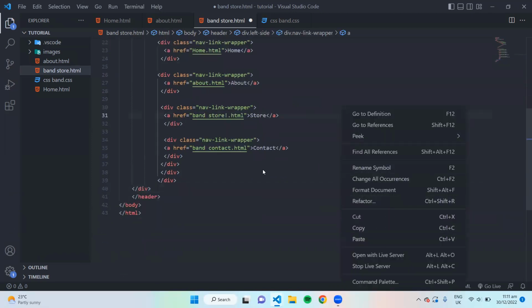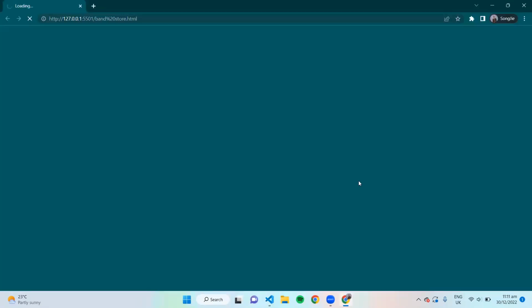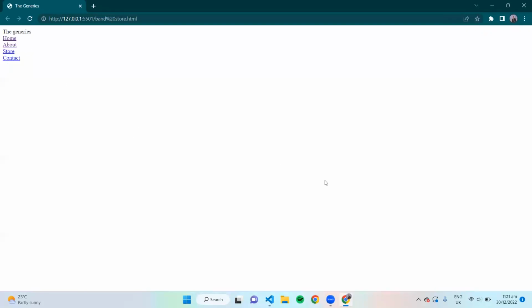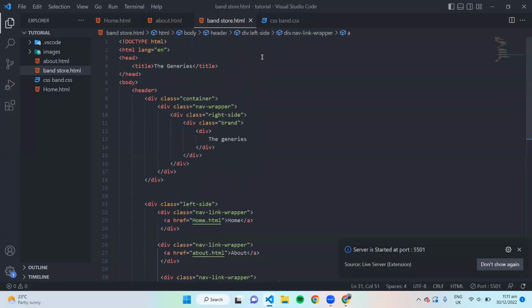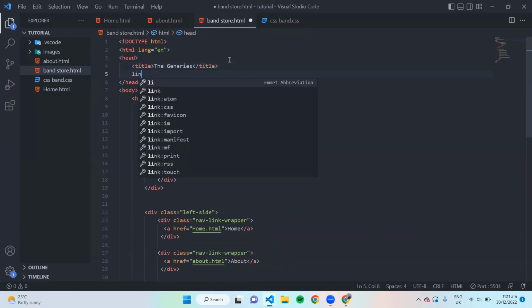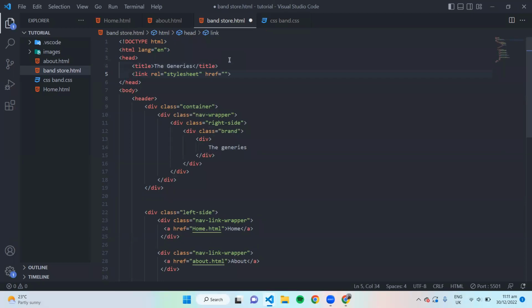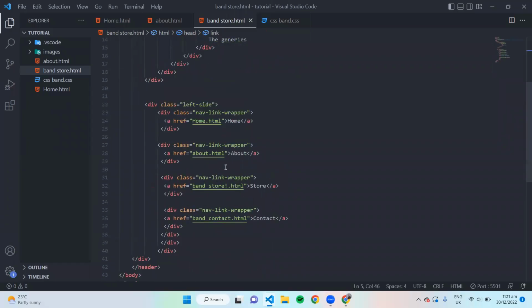Now let's go save this, open with live server, and then you will have this. But in order to make the bar, you will need to go up here. Then up here, below the title, put link CSS band.css. There, save that. Then it should be here, but if it's not popping up there,